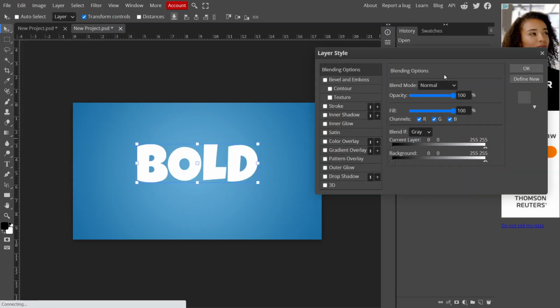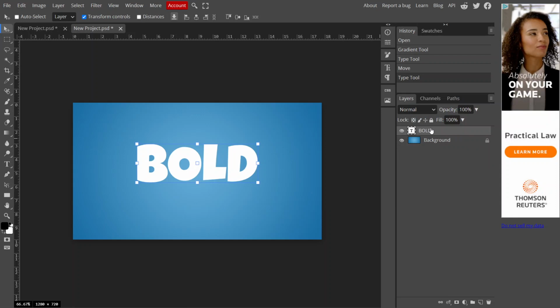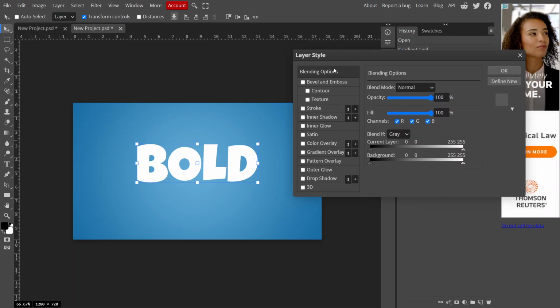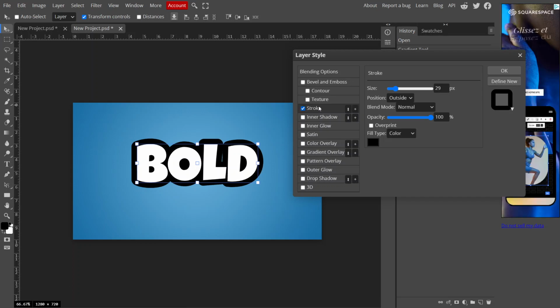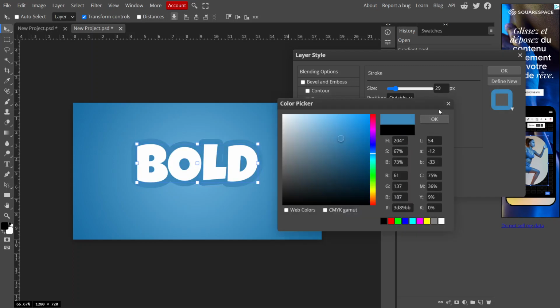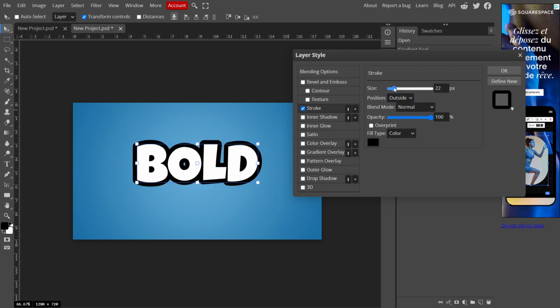Now let's go to this thing. If you double click on this text layer, don't click on this thumbnail, but just on this layer, and you will see this layer style. And from the layer style, we're going to choose stroke. Click on the stroke. You don't need to check or tick it, just click on this and it will start working. So we're going to choose black. By default it's black. If it's not, just go here and you can choose color here. So we're going to choose black, and the size would be